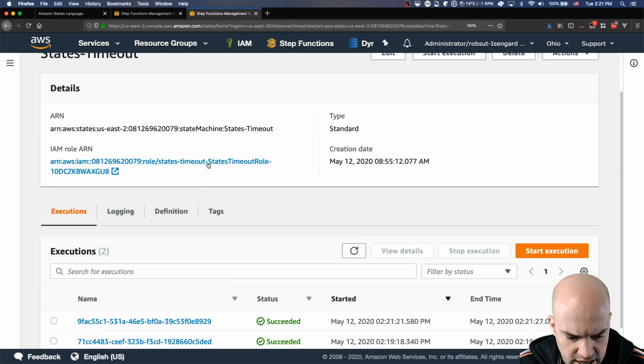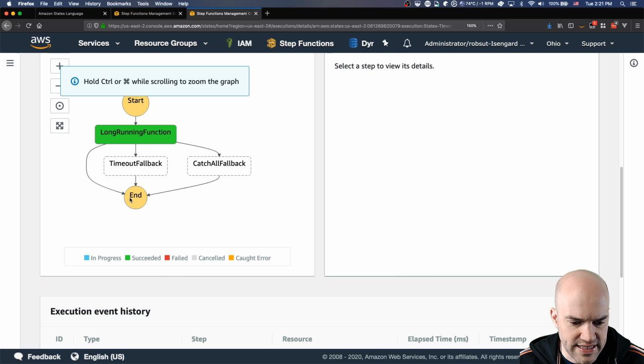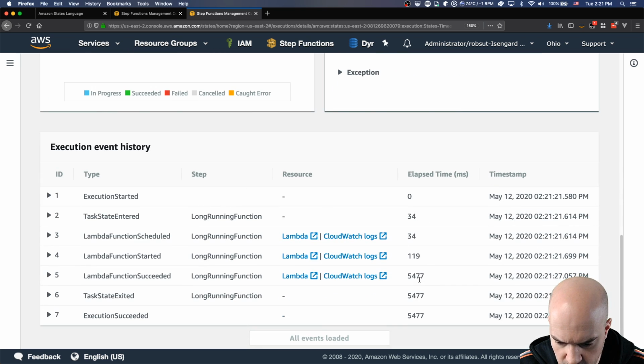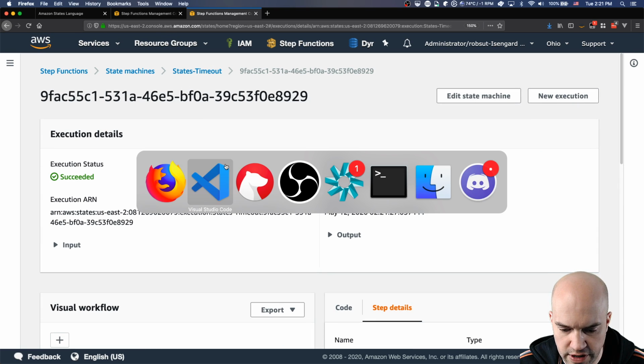We come back to our timeout state machine, and this time we see that, as expected, it ran down the happy path to the end, right? So our execution time, as expected, is right at 5 seconds, give or take some overhead. Perfect. It's working as we want it to. Let's move on. Any questions about the states.timeout